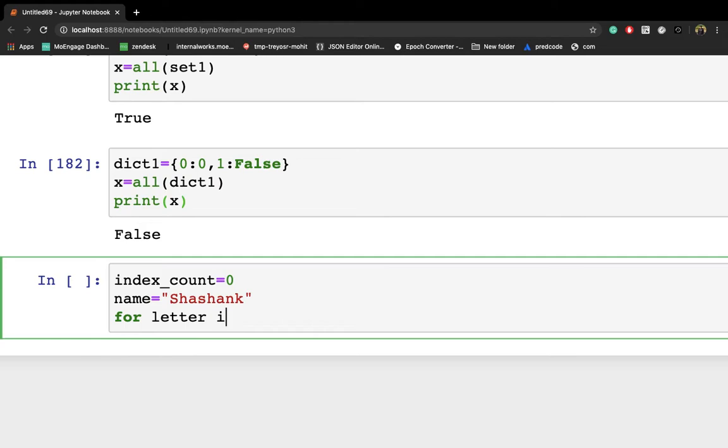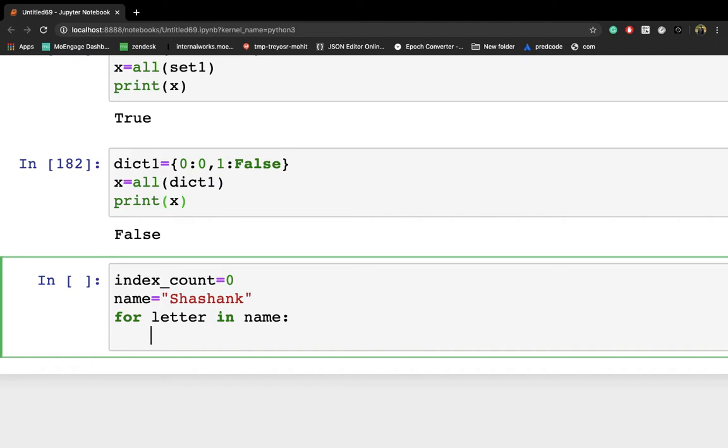If you don't know how to write a for loop, you can check out my previous video. Here you have to use the for keyword, then letter. This letter will be responsible for iterating through all of the elements of this string. Then in, and you provide the same variable name here, and then write a colon.